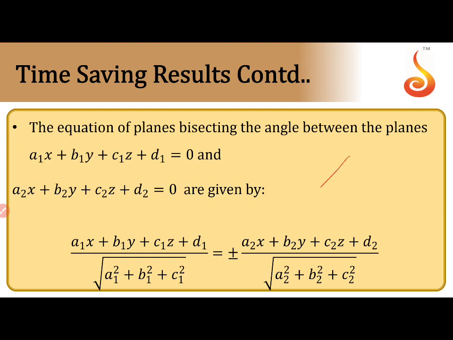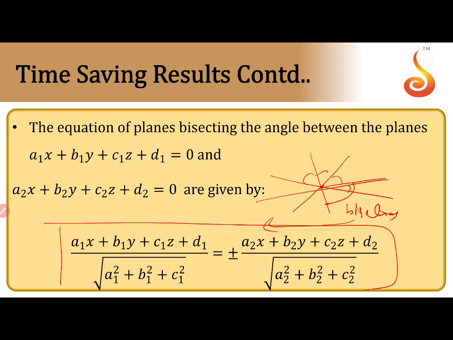So that means angle bisectors. The planes which bisect the angle, two will come here. These are the bisectors. So the equation of the bisector plane is a1x plus b1y plus c1z plus d1 by root over a1 square plus b1 square plus c1 square equals plus or minus the other one, the same thing only. Generally this part is not there for PU, so it is not competitive. It is required only for Mains and Advanced problems, not for KSET. I hope this is clear.